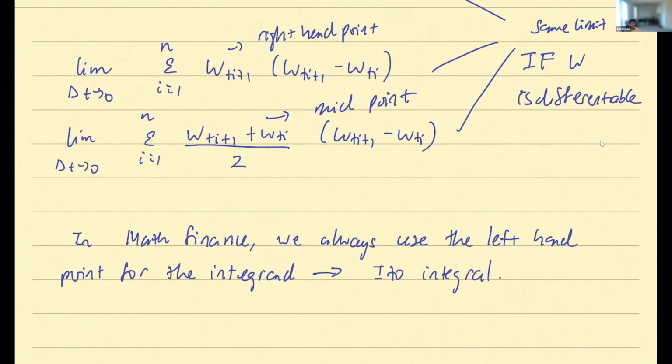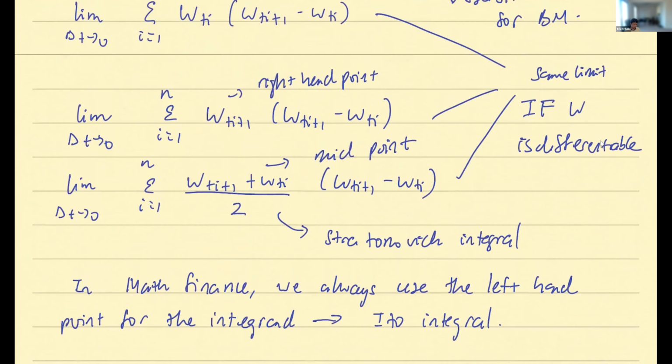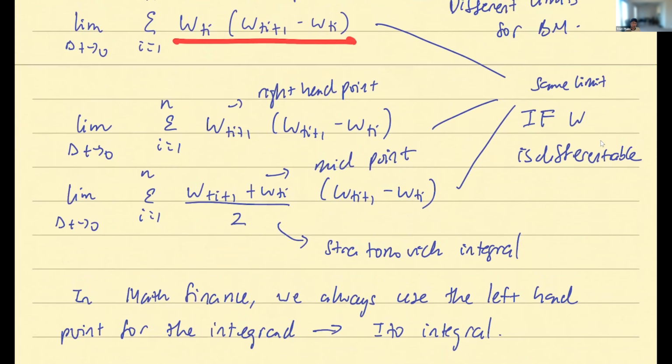All right. I forgot which one it is. I think this choice right here, I have to check, but the midpoint choice, I think it goes to something called the Stratonovich integral. So each of them has a name, and each of them will have their own rule of calculus. All right. So pay attention, this has practical implication for you when you run,